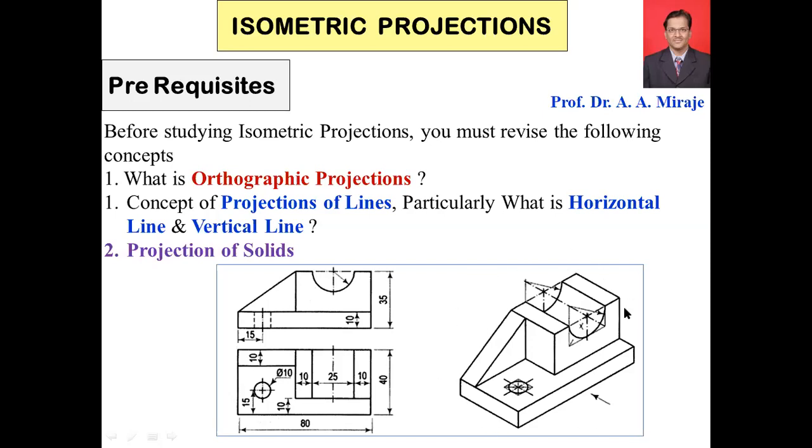A 3-dimension diagram is given to you. Those 3 dimensions we call: one is the width dimension in the x direction, for example. Second is the depth dimension or thickness dimension, and the third is the height. Such a pictorial view, in which you can see all 3 dimensions at a time, for example, this length is 80 here, this length is 40 here, this short height is 10, and this other height is 35. So all 3 dimensions you can see here.